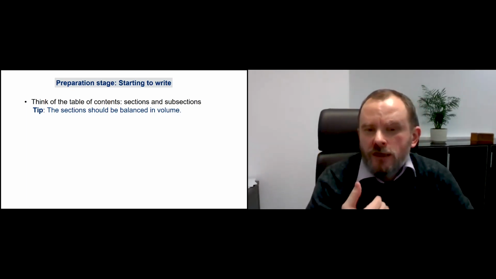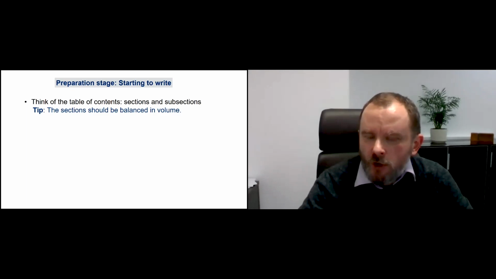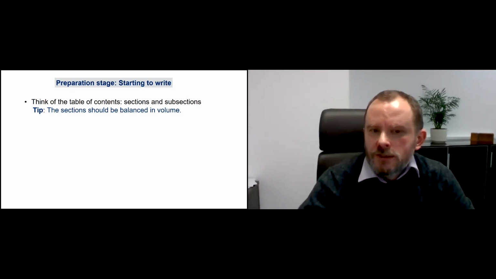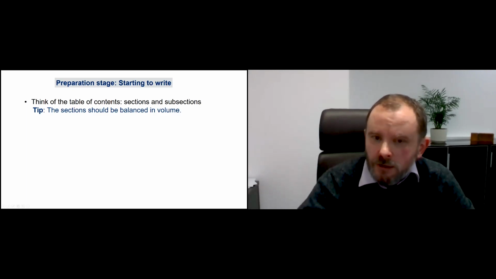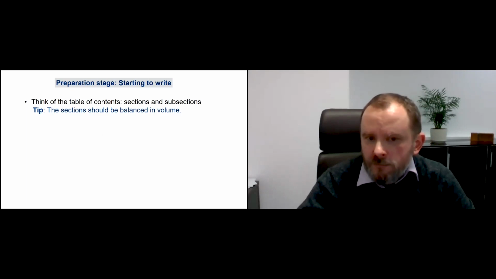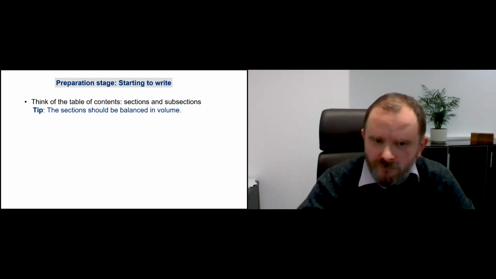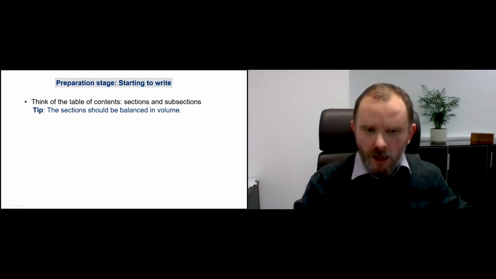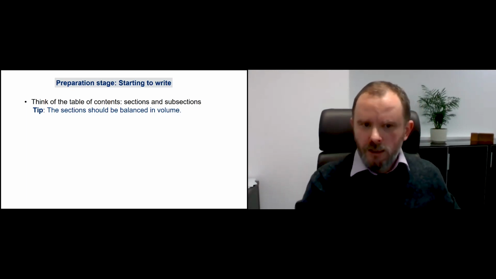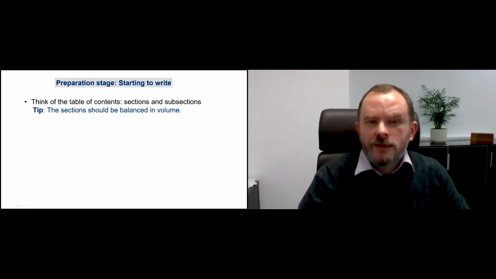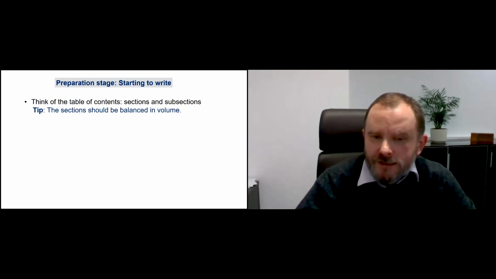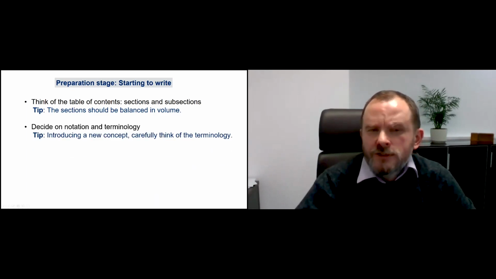And subsections, this is only when you need to subdivide a section into some smaller pieces, then also this is reasonable to do. The idea of this division is to help the reader understand what you are going to prove, because you should understand a very obvious thing. Mathematical texts are usually difficult to understand. And all that we discussed today is an attempt from our side to explain to the possible reader what we are going to prove and say. And good structure in the paper, a good table of contents, will help a lot at this point.